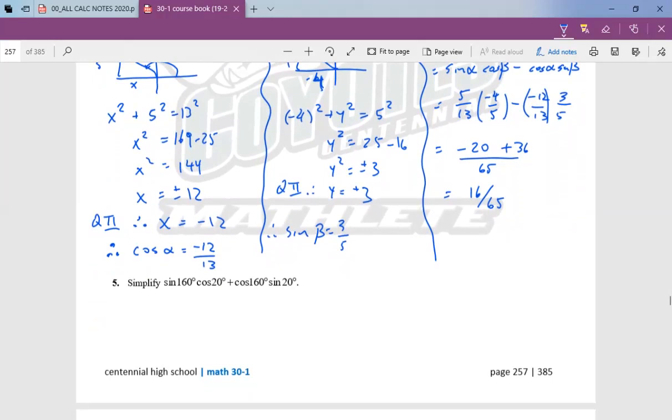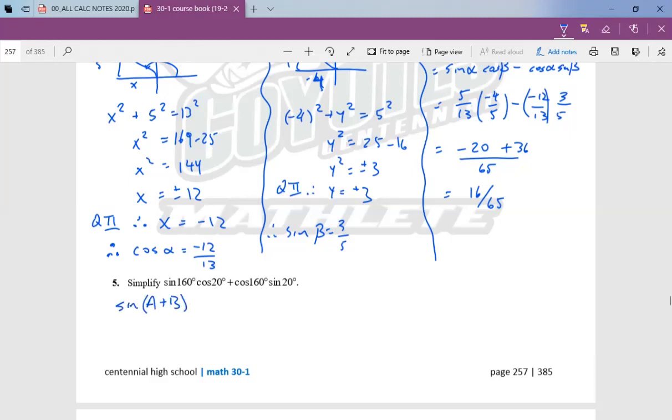Last one here, question number 5. Simplify sine 160 cos 20 plus cos 160 sine 20. So this question is kind of going at it backwards. It's going to run through this formula, but identifying that this looks like one of our sum and difference formulas. So we can notice that we are adding these. We have sine times cos plus cos times sine. So this is your formula for sine